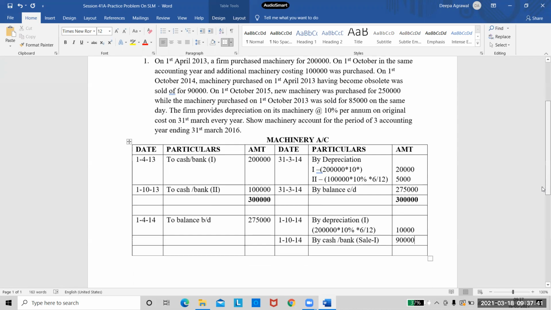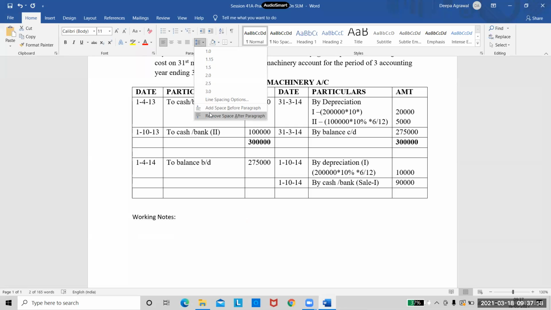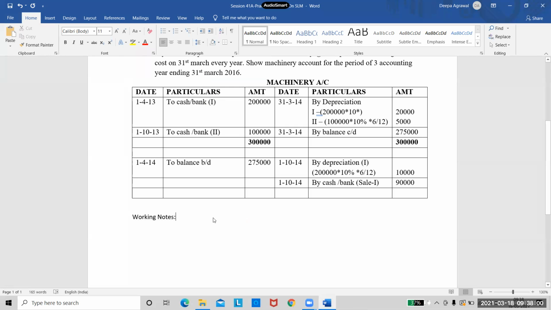Now, another important thing we have to do here is write the working notes. So you leave that entire page for your problem and do the working notes. You will need the entire page for the account. Leave that page and then do the working notes. Now, why are we doing working notes? Whenever a machinery is sold, you have to find out whether you have sold the machinery at a profit or at a loss. To find that out, I am doing the working notes. So I will write the heading as machinery 1.